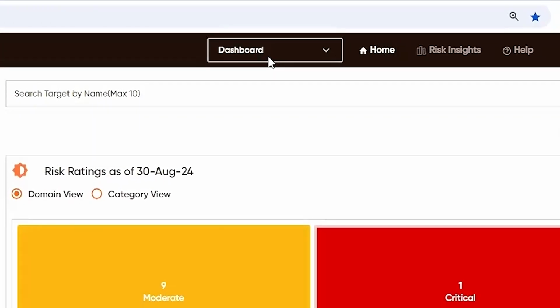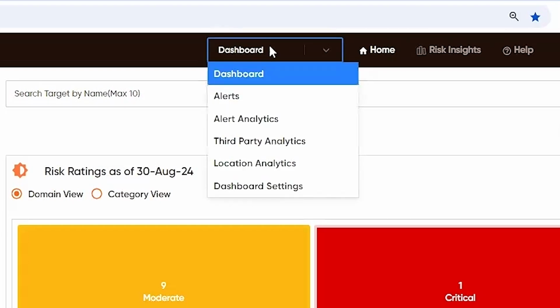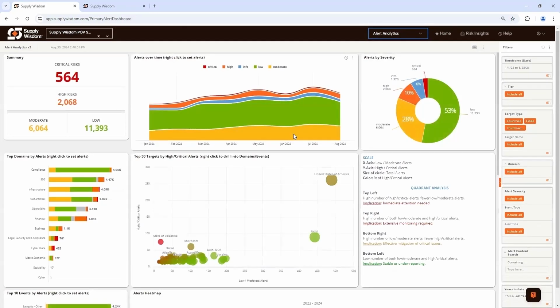So again, we've returned to our home page right here, either by selecting home page or selecting dashboard from this drop-down menu. What we're going to do now to navigate to our analytical dashboards, we'll open up this drop-down menu here to reveal our analytics dashboard options. We'll begin by clicking into our alert analytics dashboard. What you can see here is that the alert analytics dashboard is representing to you your entire historical record of alerts with a high level of interactivity so that you can quickly move from visualizing your entire historical record to a very specific type of event that is of interest to you.